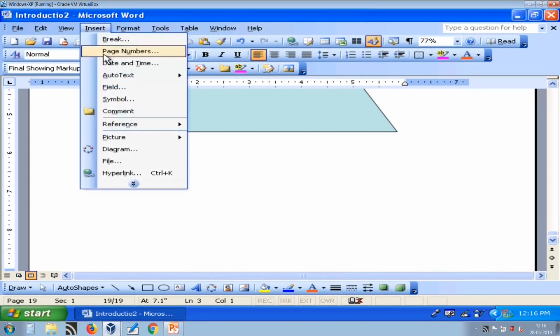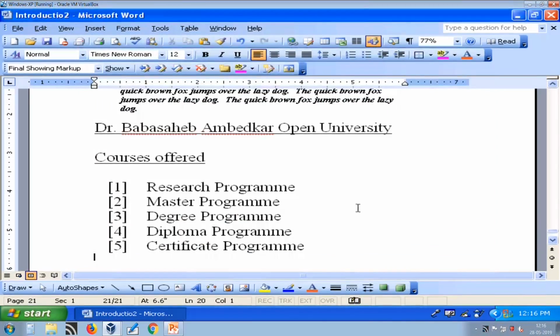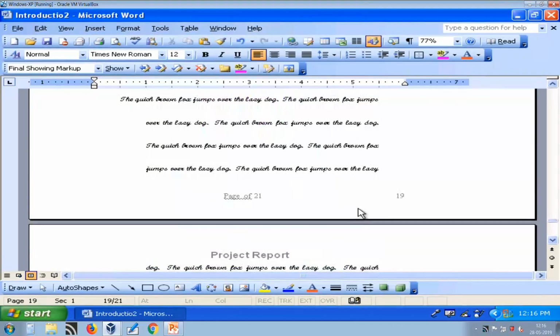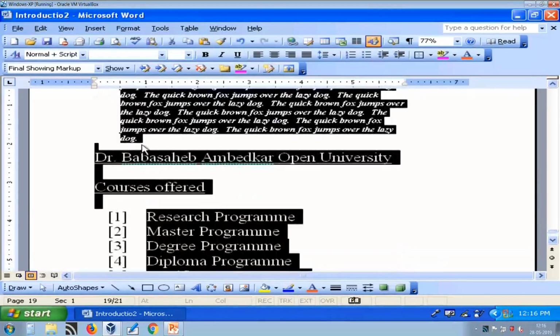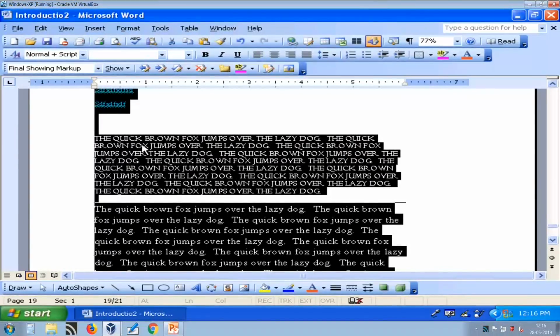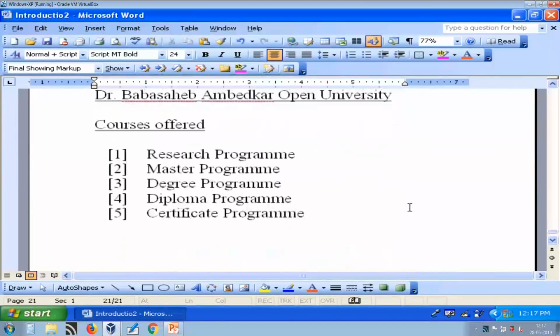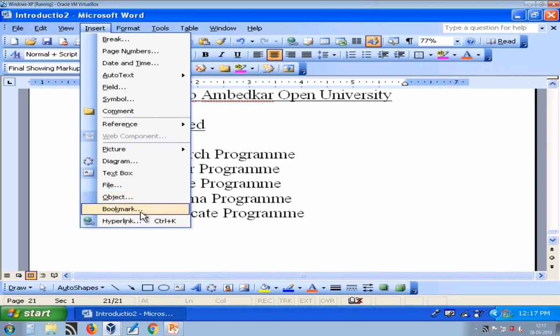So, go to insert, file and select the file that you want to insert. So, this is another file's content which is already there. I can quickly add that file in my document. So, we have explored the insert menu with different features.